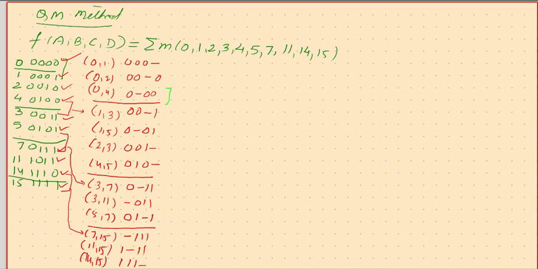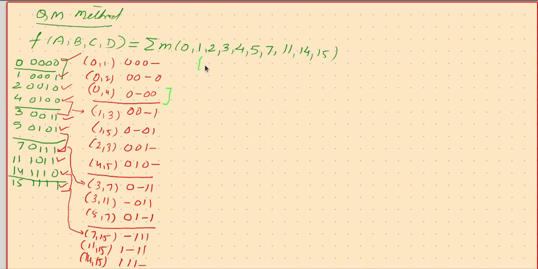Now comparing between these two groups. The simplest way is to identify the position of the dash and see if a dash in a similar position is available in the other group, and then compare how many are common. If only one is changing, then yes, you can combine them. So we have a dash in the last position: no, no, yes. And these two, if you try, then yes, the third position is changing, others are the same.